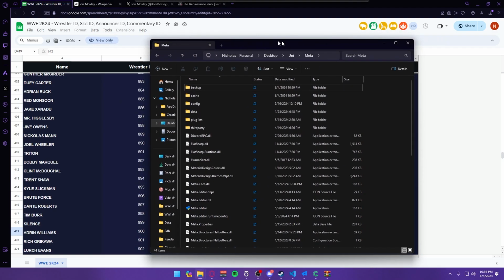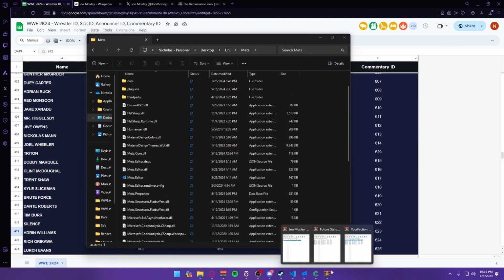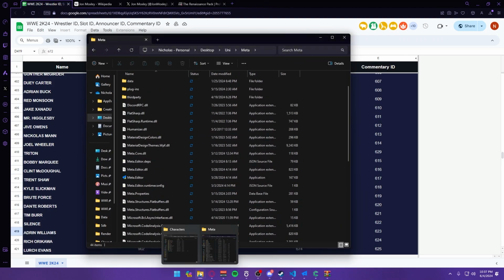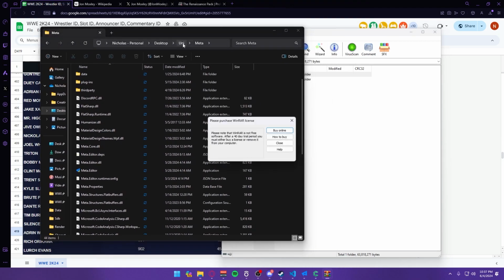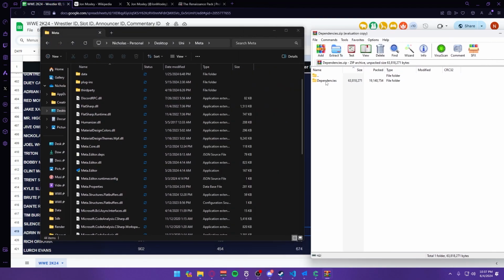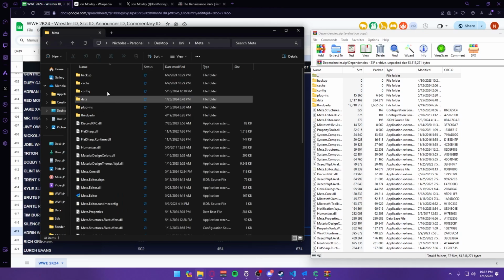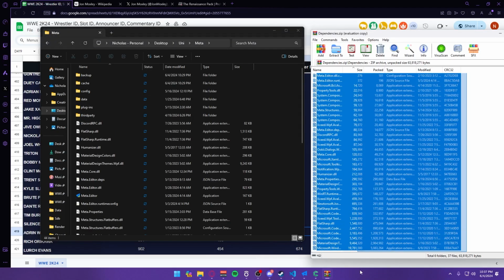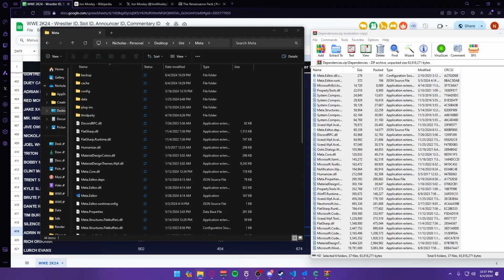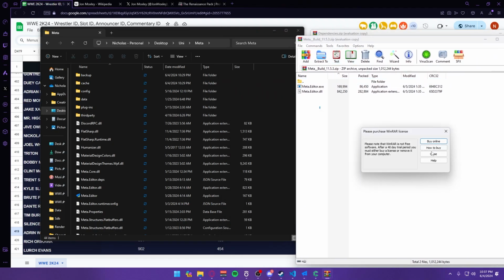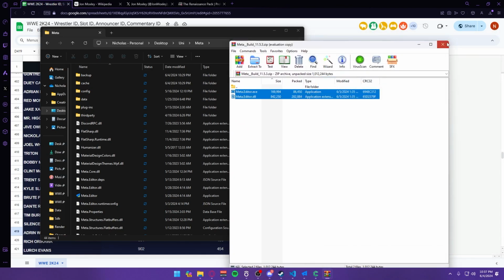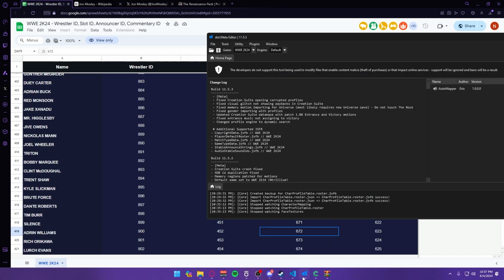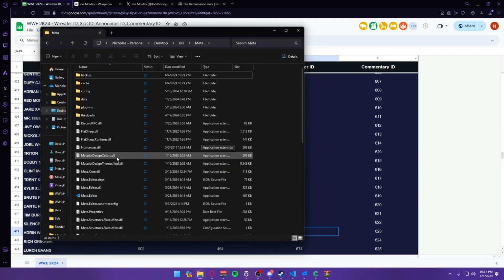I'm going to show my meta folder. I already have it downloaded and installed, but basically you're just going to grab the contents of the dependency, and you can just drag that onto your desktop, or if you have a meta folder made, drag in the contents of this, and then that meta build, just drag that in. Once you've done that, you can open up Meta. I have mine open already. We're going to go back to our